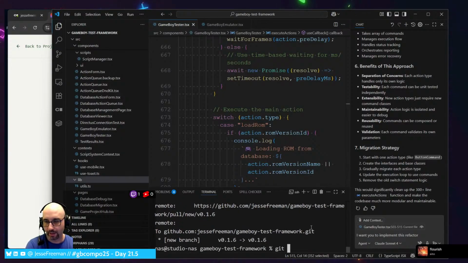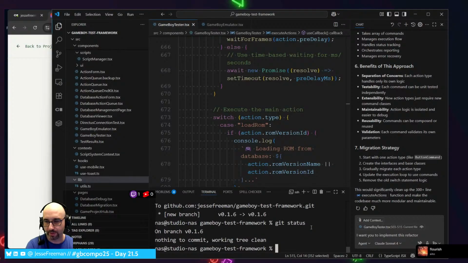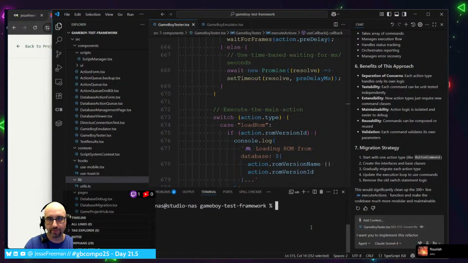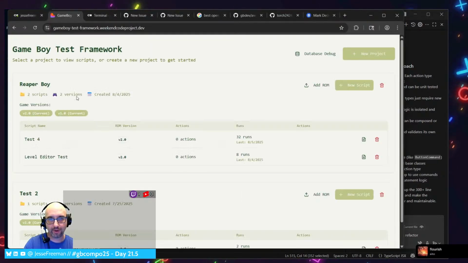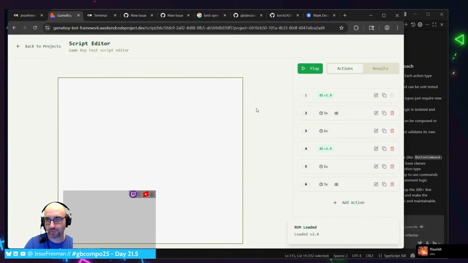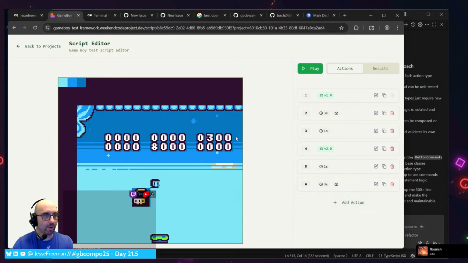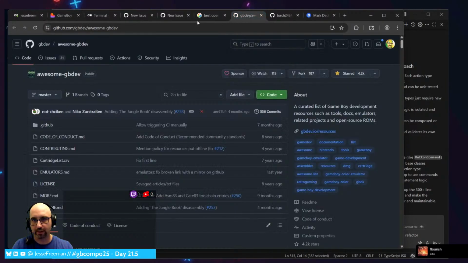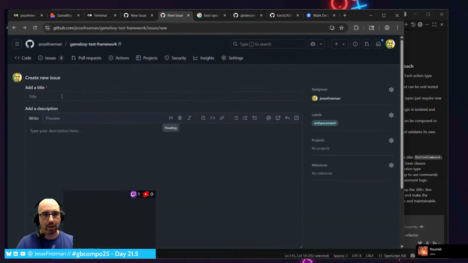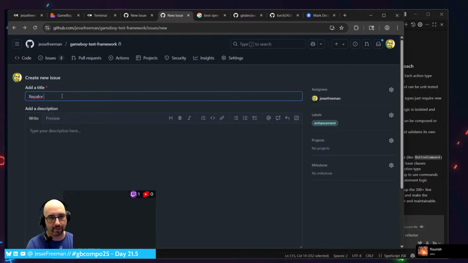All right, and git status, we should be good to go. Everything is clean. And I just want to go back to this and make sure that it's still working. That flicker is really weird. I can't tell what it is, I have to replace this emulator. This is also on my, actually let me see if I can replace,